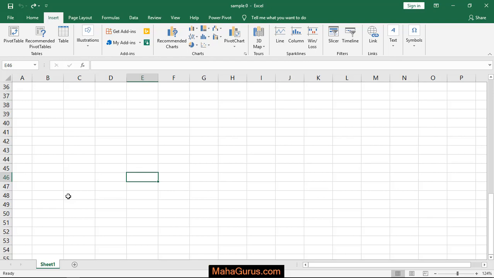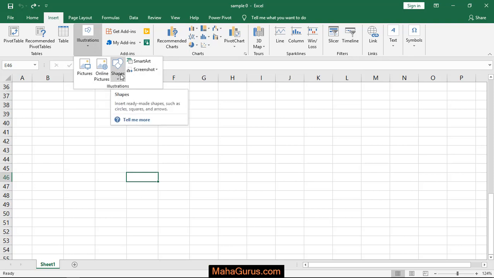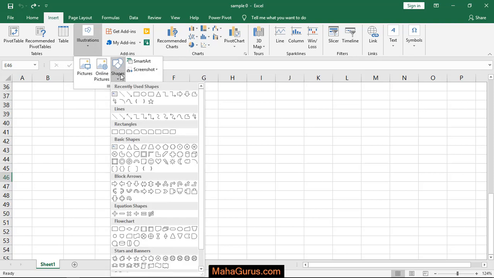So in this tutorial, we will learn how to apply block arrows in Microsoft Excel. To do this, just select Insert, and then in the Illustrations group, click on that. And here, the Shapes. After clicking on Shapes, from the top you have the fifth option, and from the bottom here's the